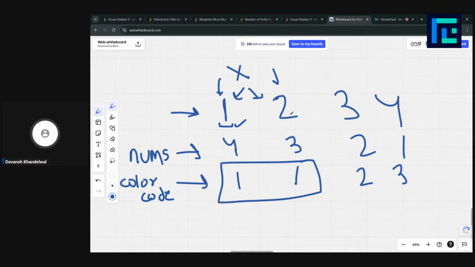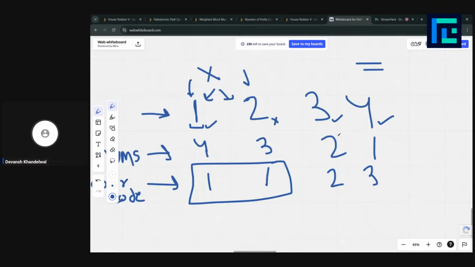As we have already robbed this, can we rob the next one? No, we cannot. Then we move to the third house. Can we rob this? Yes, let's rob this, because it has the maximum amount of money among the houses that are left. Can we rob the last one? Yeah, we can. So what is the total money we get? It would be 4 plus 2 plus 1, which is 7.